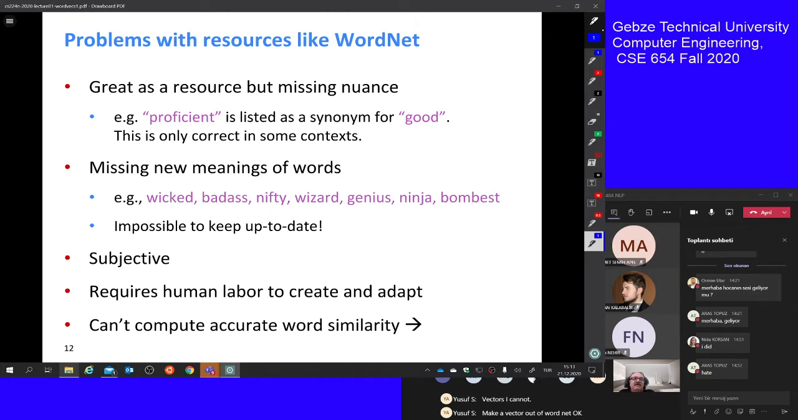And when you get a new word, people make up new words. For example, for good, for the last 10 years they started using words like vect, nifty, wizard, badass, bombast. I think Trump made up a few words for good. So it is impossible to keep up to date with the